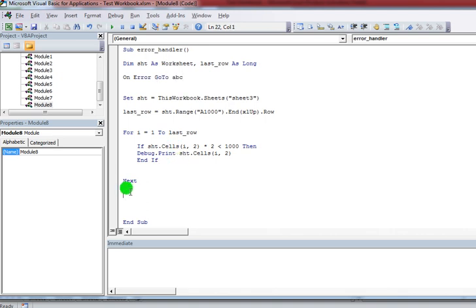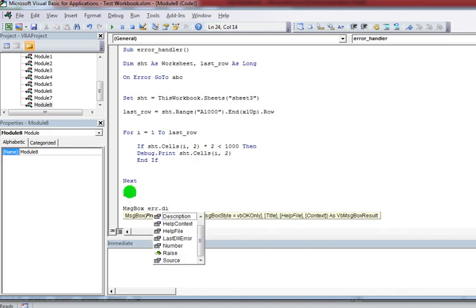When the error occurs, I want to identify that error and correct it. So just a simple message box to identify what the error is: MsgBox Err.Description.